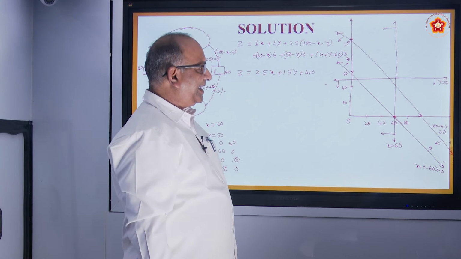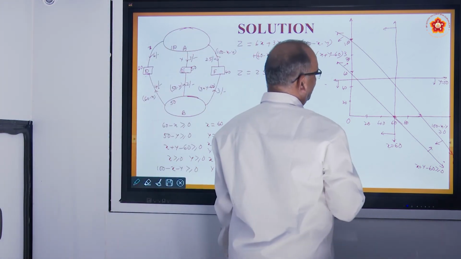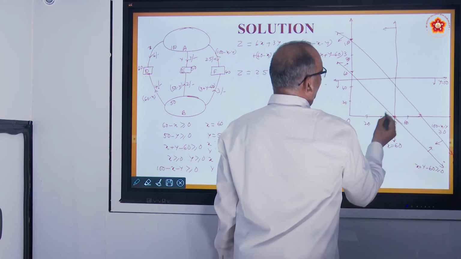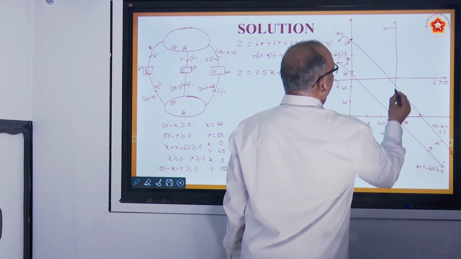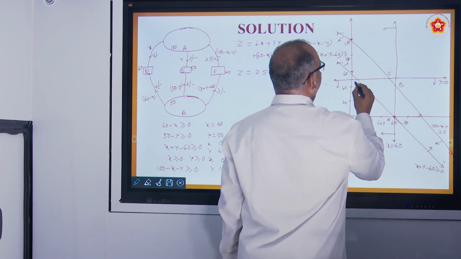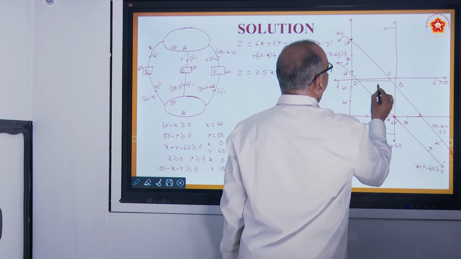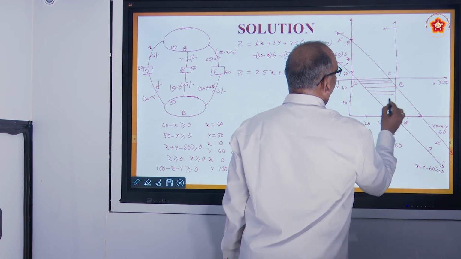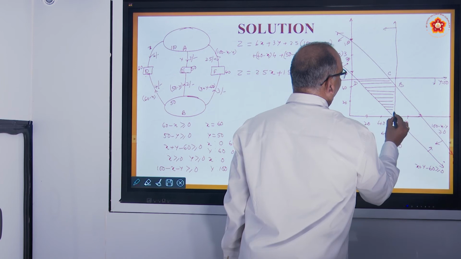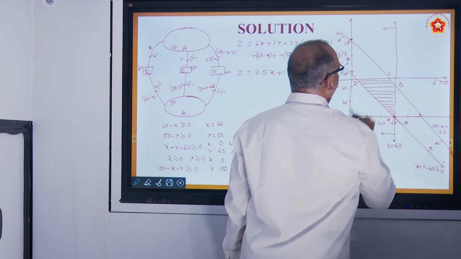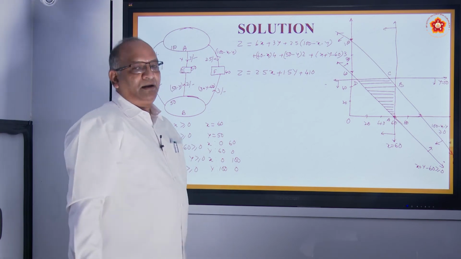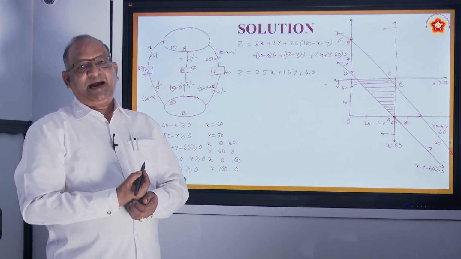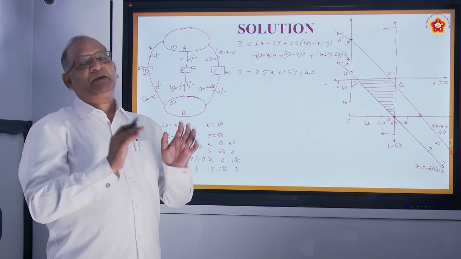Now, find out where they are meeting each other. That is the most important thing. This is above this line, below this line, below this line, this side. So, we can name it as A, B, C and D. This is the common area which we got with the help of various inequations. And what is important? Points A, B, C, D.